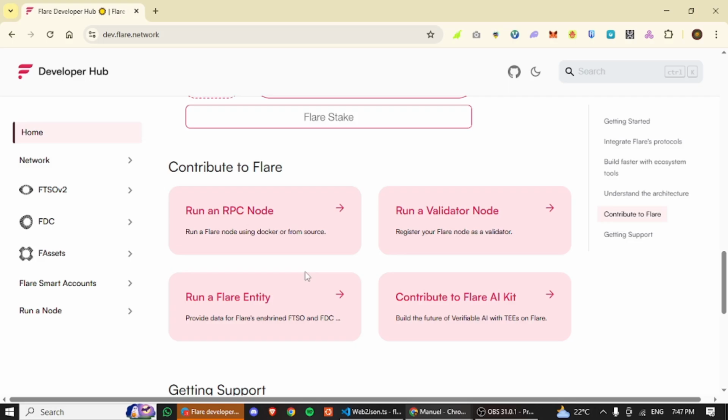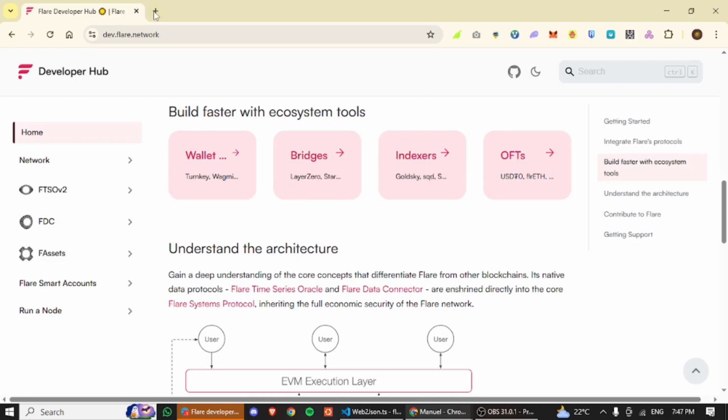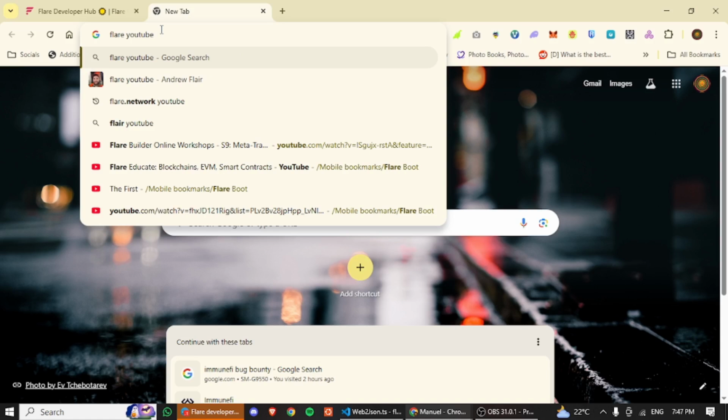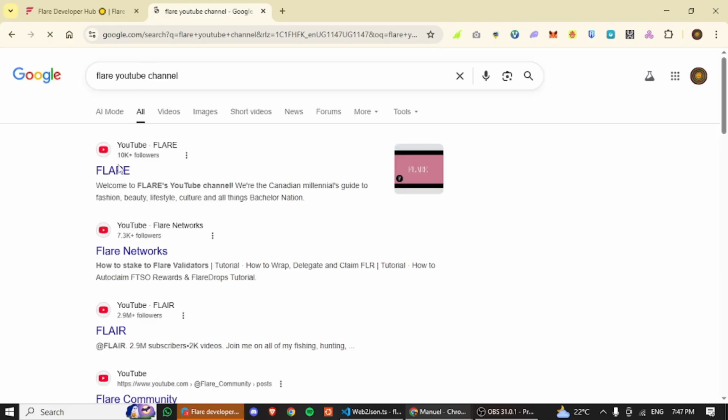If you're a node runner, we'll maybe have a session about node running, but it might not be the core of the bootcamp, though I'll talk about it a little. Whether you want to run a client node or a validator node, it is possible for you. If you want to be a delegator, it is also possible. And there are also a number of resources here; let me share the Flare YouTube channel. I think it has quite a number of great things for you to participate in the Flare ecosystem in whatever capacity.